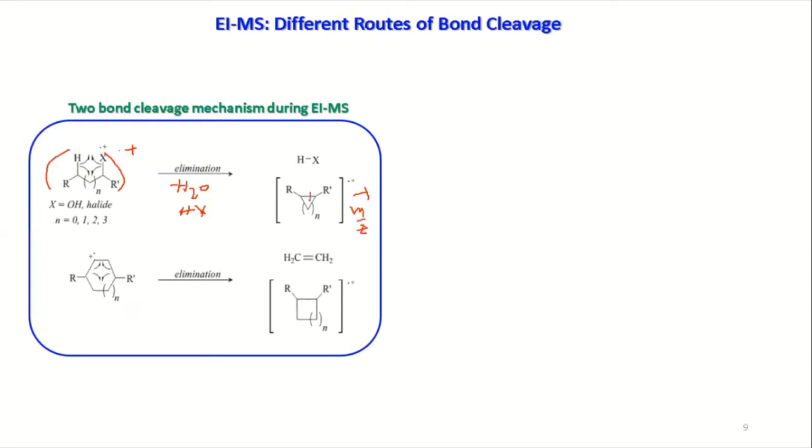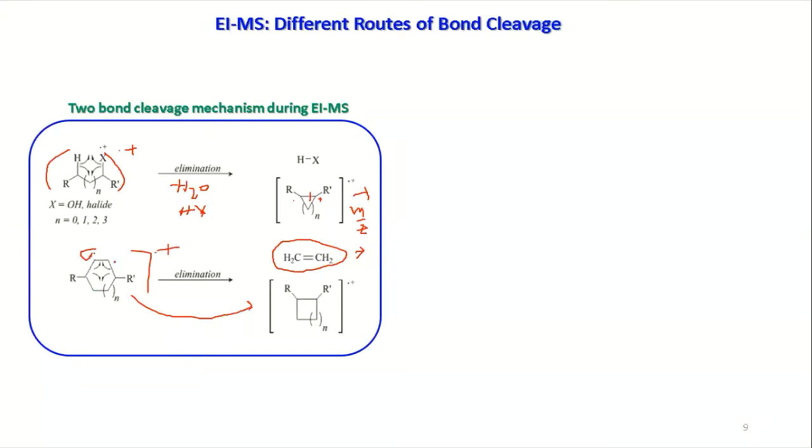So you can just cleave here, you can put dot plus here, dot here. And then further this radical can migrate, or it can facilitate other bond cleavage. Now you can have a cyclic compound. In that case, what we see is that elimination of ethylene is happening. So the ring is changing, reconstruction is happening, and it is eliminating an ethylene molecule. Got it? So you think the whole molecule is having dot plus.